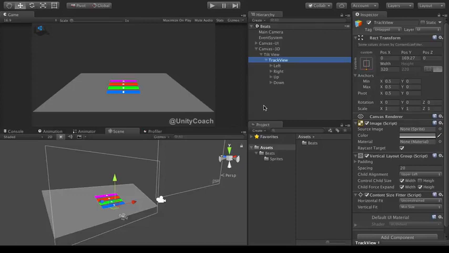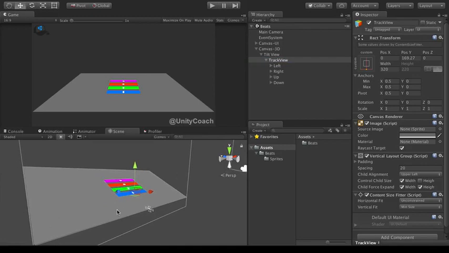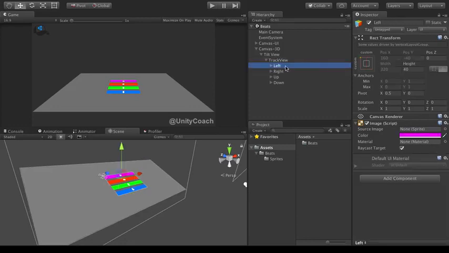Okay, so now that we've got our mock-up of the track view, what we also want to do is to add the trigger zone, which is going to tell the player where and when to actually trigger the inputs. And so to do this, I'm simply going to take the left object here, and I'm going to duplicate it,